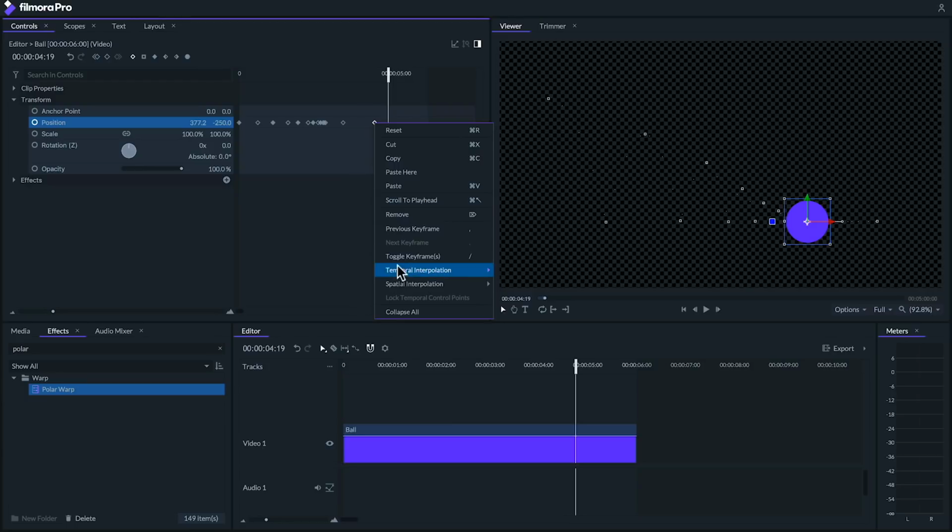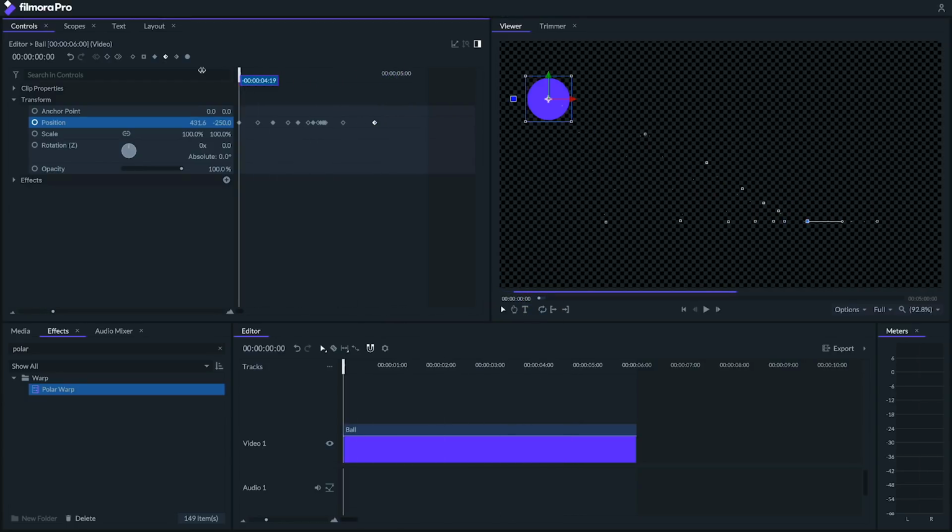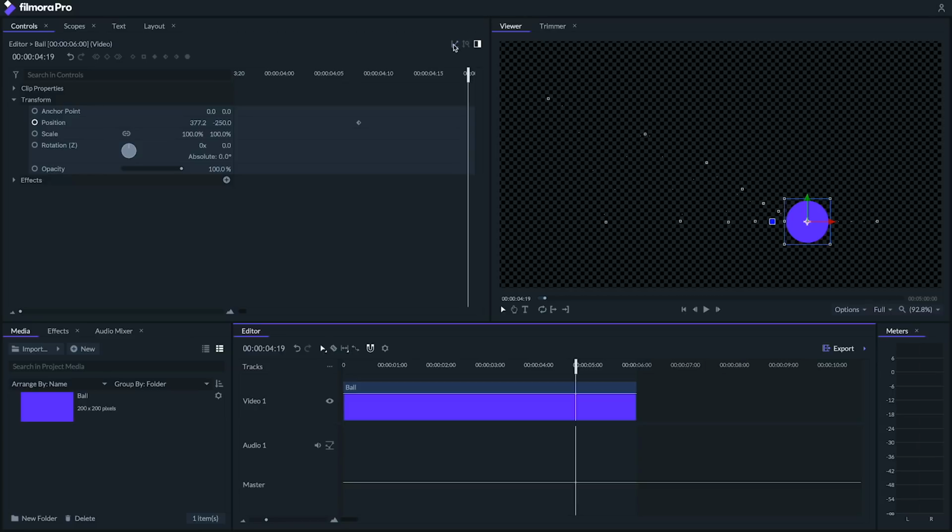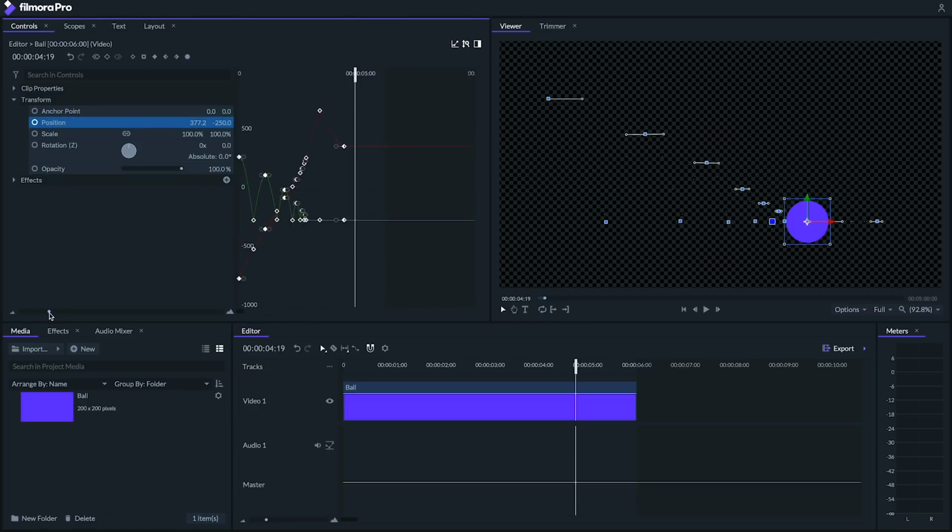Finally, let's add a temporal smooth in to our final keyframe so that the ball smoothly comes to a rest after bouncing off the wall. And there we go. As we can see in the graph editor, we now have a similar arcing motion happening on the value graph. By combining these different types of interpolations, we've strategically created a very natural looking animation path